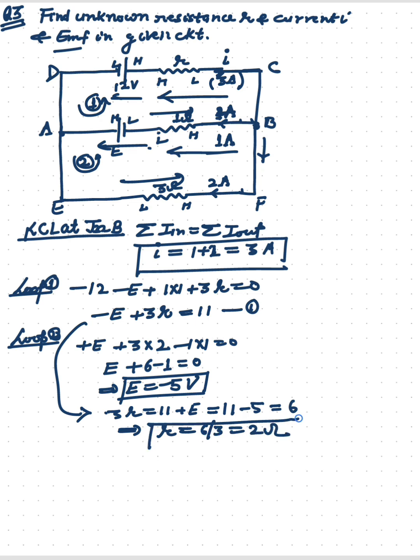Okay, and the resistance value also we can find directly, because suppose I am applying KVL in a loop. Which loop? The loop is D, E, F, C and D. In this loop,